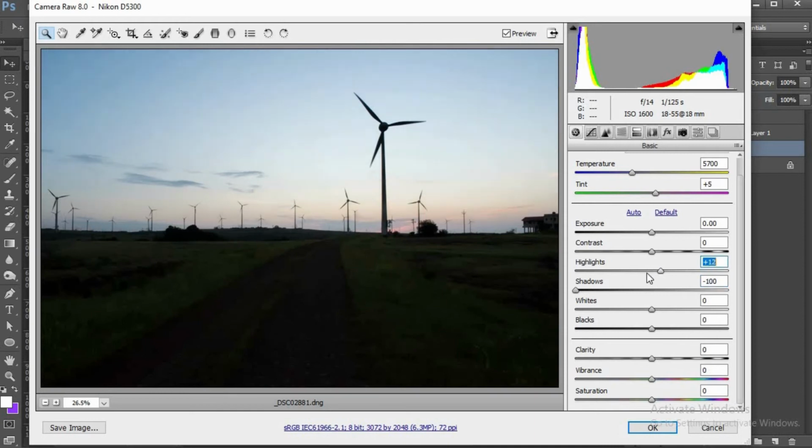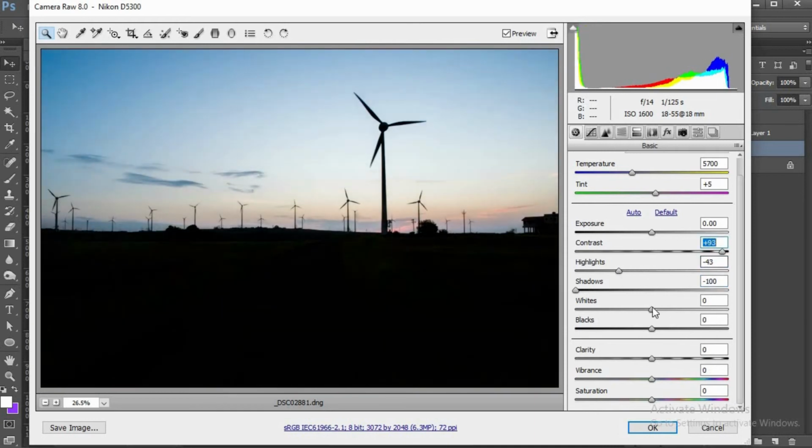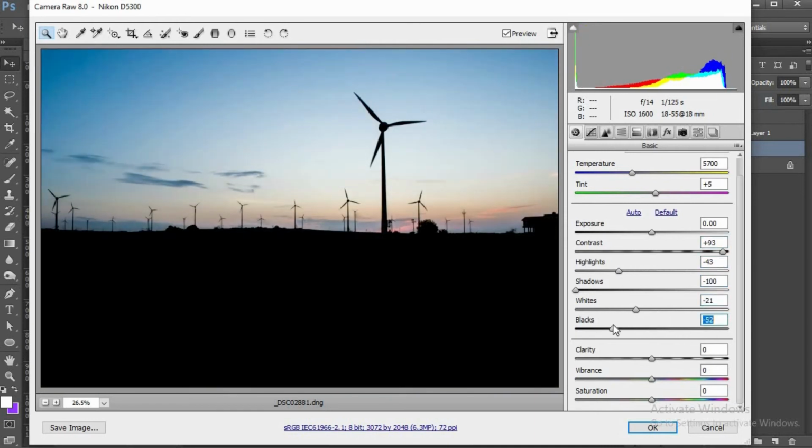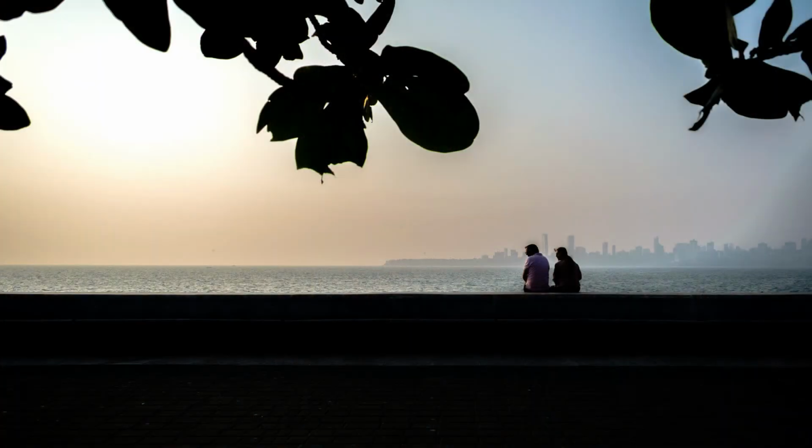It is a good idea to increase contrast to make silhouettes stand out more. Similarly, you may reduce shadows, blacks, saturation, or reduce exposure to further enhance your silhouette. If you are using filters, look for ones which can lessen the highlights and enhance the blacks in the photo so that the silhouette can come out in a better way. Here are some more examples of silhouette photography.